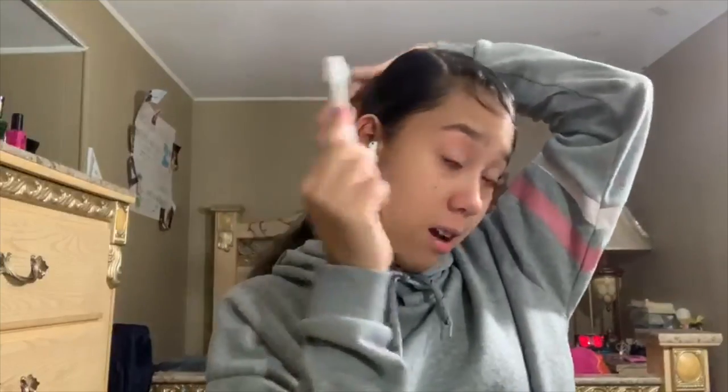I did put the gel on the toothbrush. You always want to wet it first. So here, let me wet it a little bit. You always want to wet your toothbrush if it's hard. Like if you use it for a gel and it's a little bit harder, you just want to wet it. Now I'm just gonna take my toothbrush and slick down on the shorter side, like my left side,